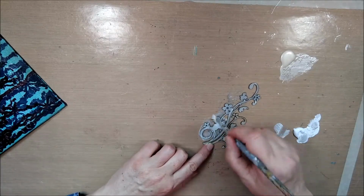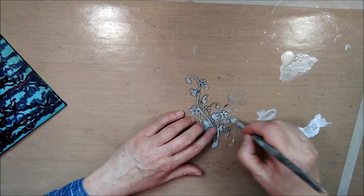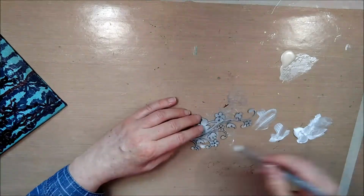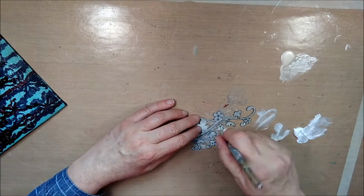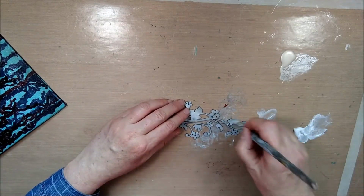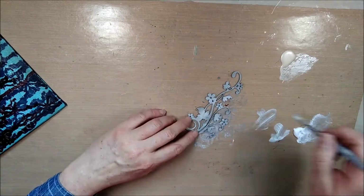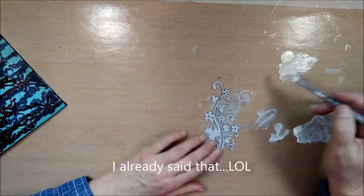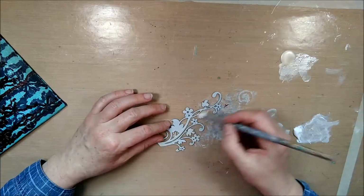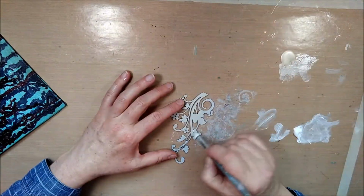And I'm using a very dry brush, as that way I don't fill in the tiny little holes and crevices which are hard to clean once you get big blobs of paint or gesso in there. And as soon as coverage is right, I'm adding again my metallic paint, the champagne color, which is really an off-white. I will keep this decoration rather simple, just the champagne color and then a tiny bit of turquoise on